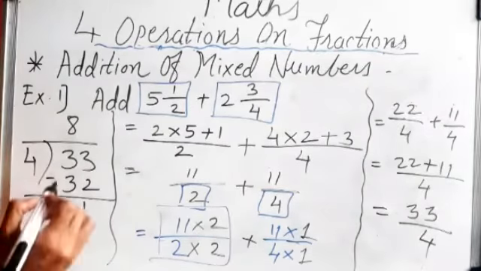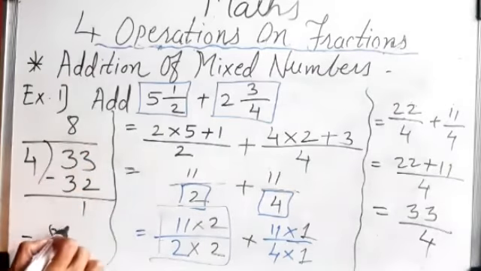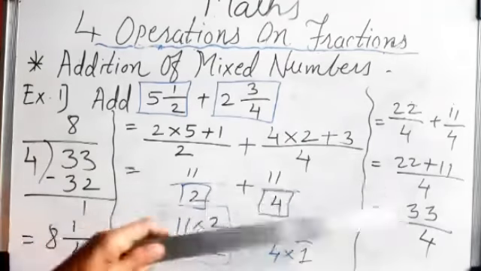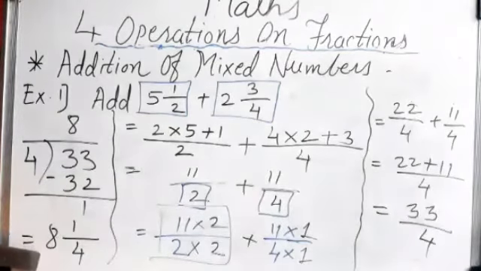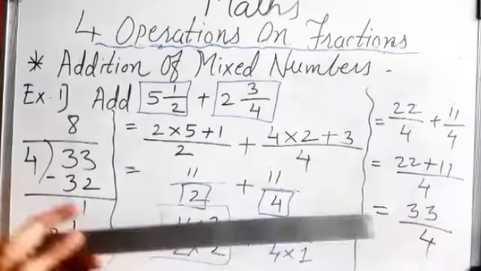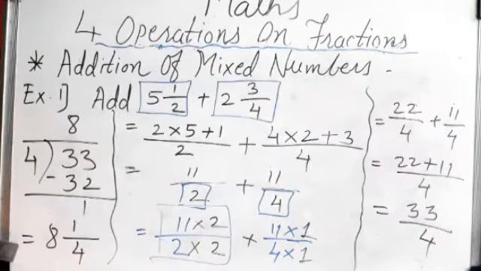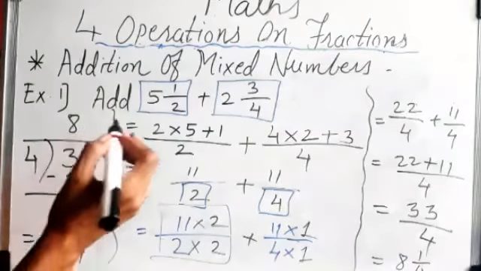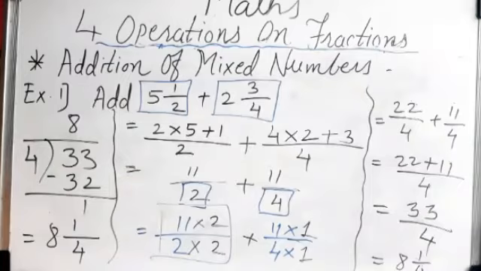So how to write this? Quotient, and remainder upon divisor. How to convert an improper fraction into a mixed number? This I had told you in my previous video. So if you want this answer as a mixed number, it will come 8 and 1 upon 4. Okay. So you have to write this example in a simple way, like this way, all the steps